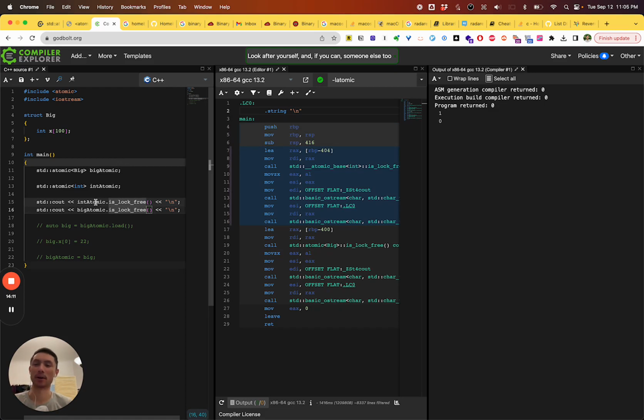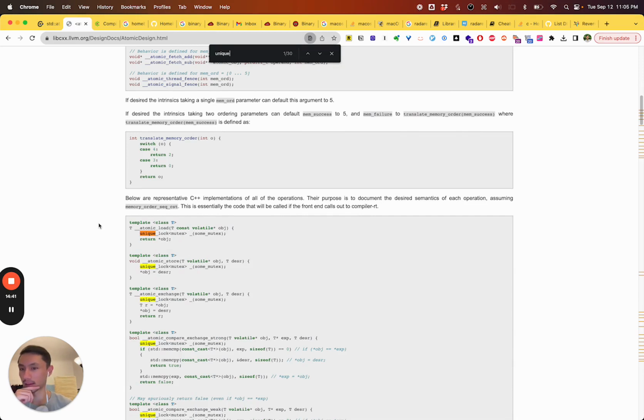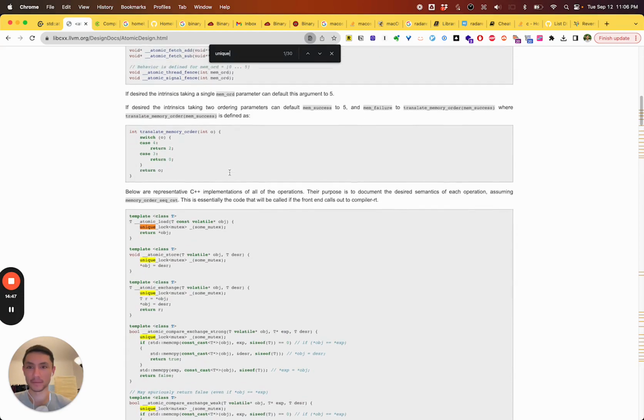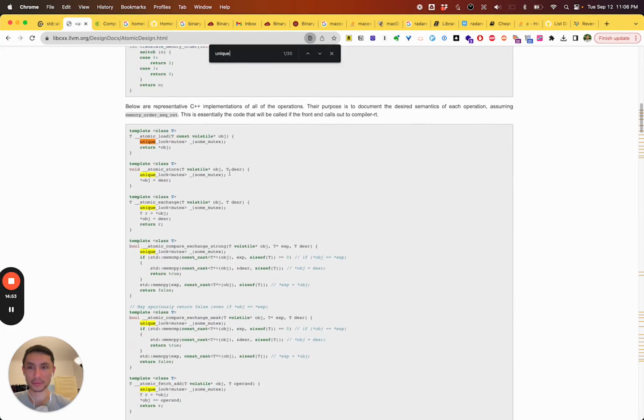So naturally, the next thing I wanted to do is observe this a little bit: would it be possible to really see the locks that are generated by the compiler? One thing I want to show you is this LLVM libc++ design doc page, where they talk about the atomic header and their design for it. What is kind of cool is they talk about this locking. I haven't read this completely so deeply, but